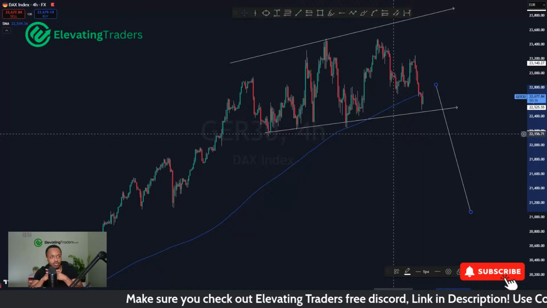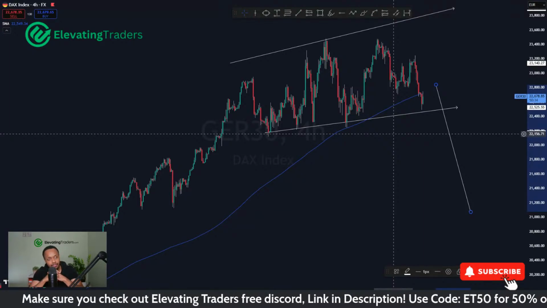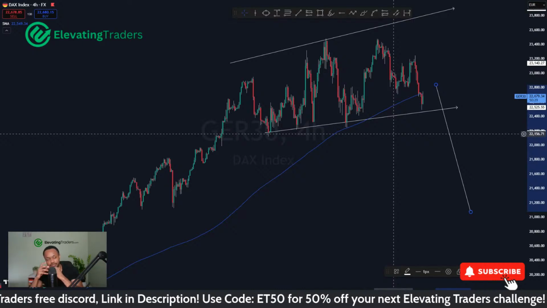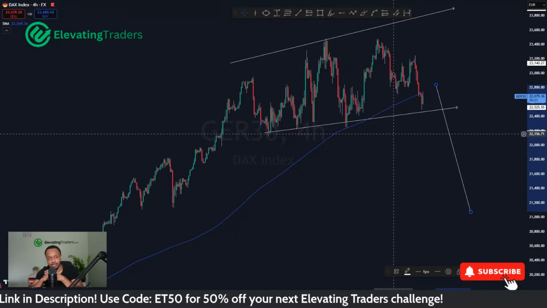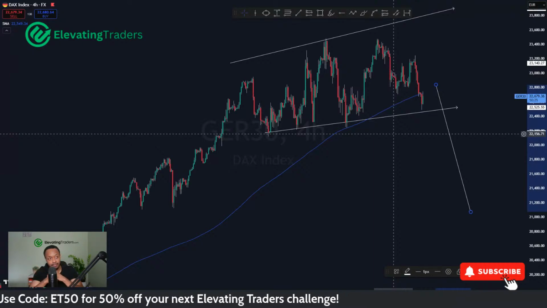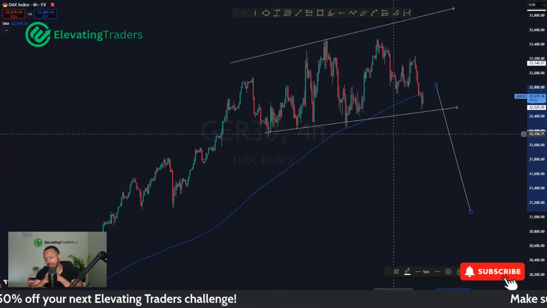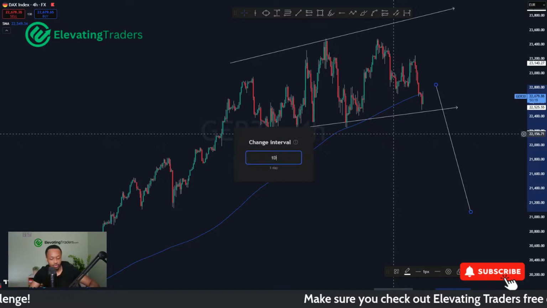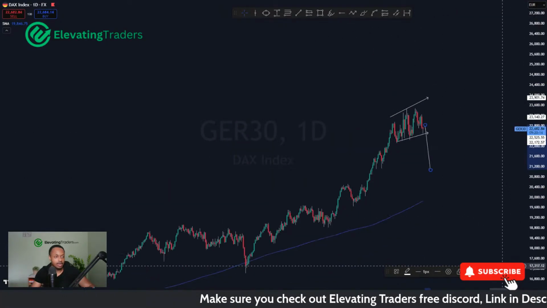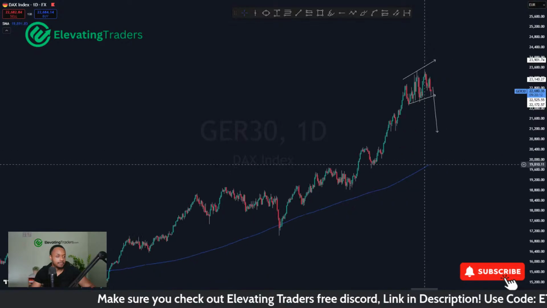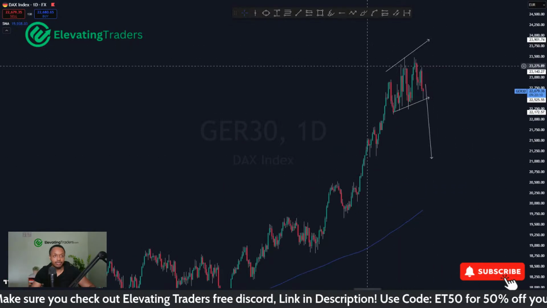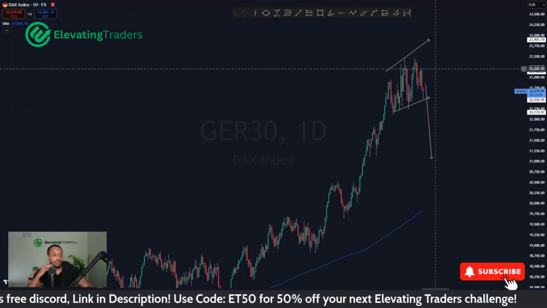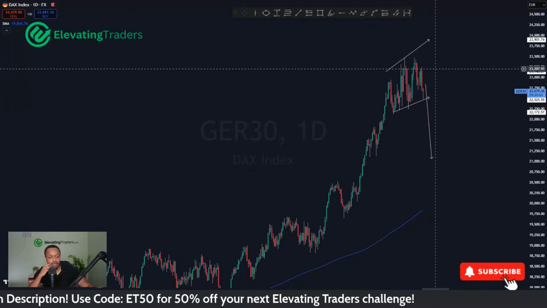I think the DAX will naturally follow suit a little bit, and we'll probably see some profit taking, well, not profit taking, but running out of buys at least, because the DAX has been flying to the upside. But we are definitely due a bit of a pullback at some point, even just a minor correction, before we do continue. And I can see with how price is moving that we're seeing a lot of signs of exhaustion and fatigue. So the market is likely to pull back at some stage.